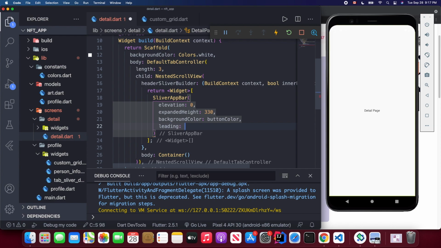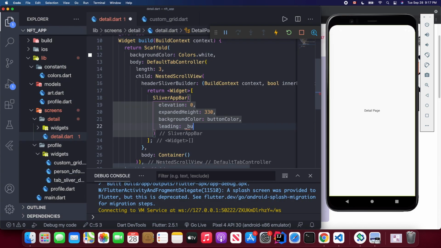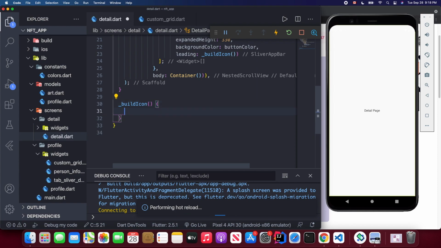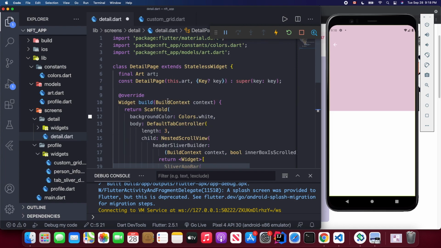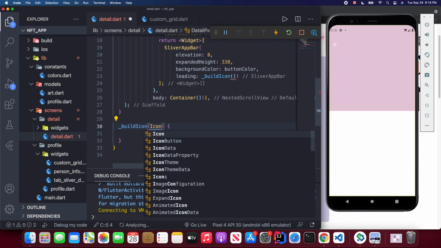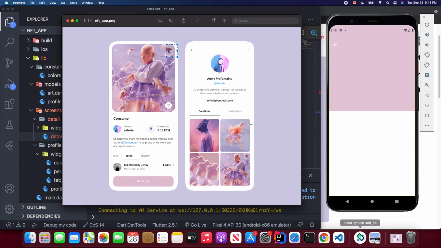attribute. I'm going to write a method because those two items are very similar. So I'm going to write a method which is called build icon. Okay, so I'm going to implement this build icon. Create a method in this build icon, and we're going to pass the icon data here. Okay, so also icon data, name icon, right? And also, if you notice,